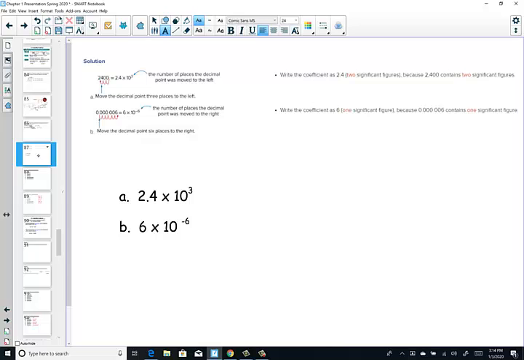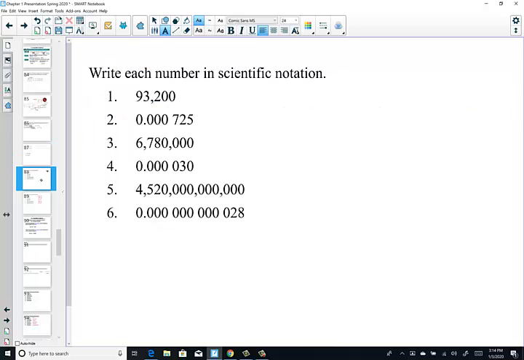Good work. Here's an additional set of practices. Write each number in scientific notation. Please don't cheat yourself. Try them first and then come back to check. Okay, you've unpaused the video, so let's see how we did. Notice there's no decimal, so these are not significant zeros. So therefore, our answer can only contain 3 sig figs. So it will be